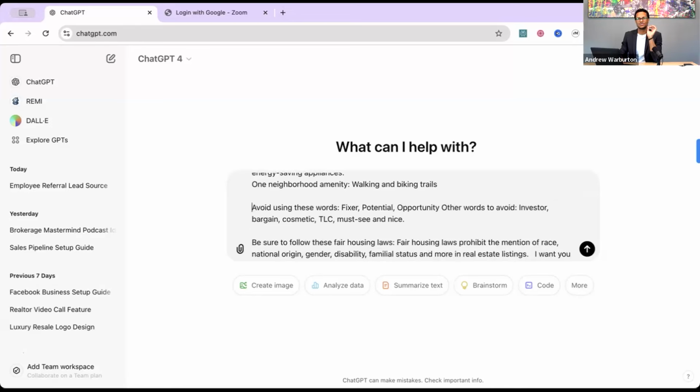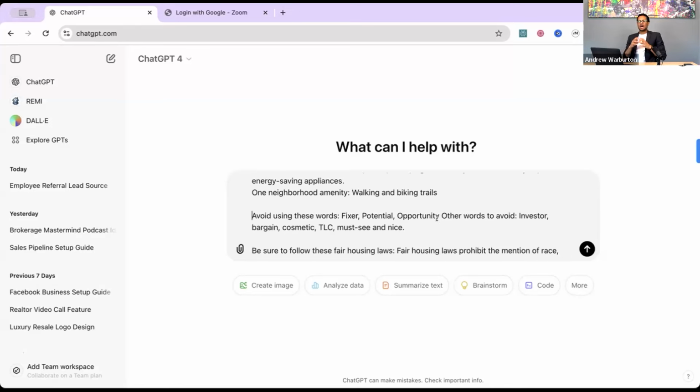Avoid using these words: fixer, potential, opportunity, and other words to avoid: investor, bargain, cosmetic, TLC, must see, and nice, right? The reason is that I don't want to give off the impression that once you come into this home, there's all this work that needs to be done to it. Because for the majority of listings that we list as real estate agents, for the most part,